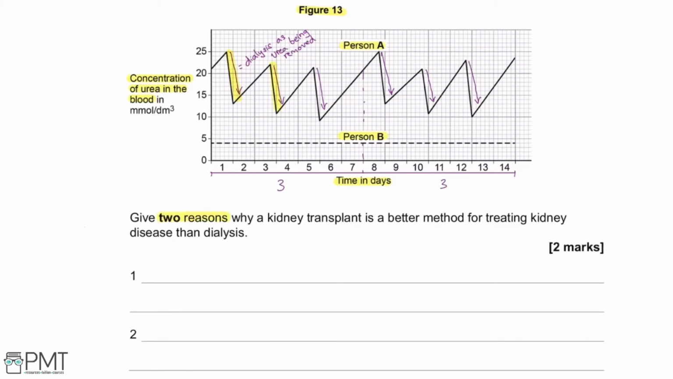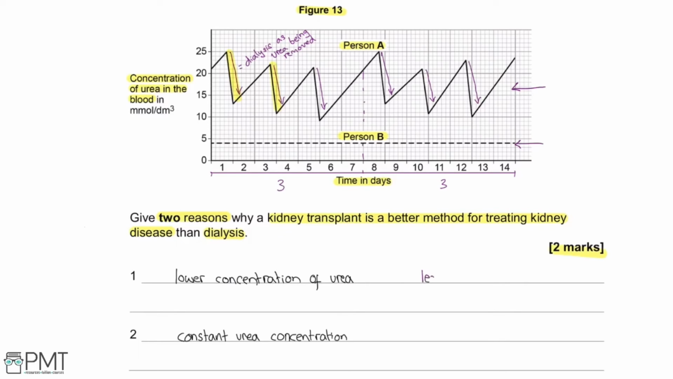Give 2 reasons why kidney transplant is a better method of treating kidney disease than dialysis, and this question is worth 2 marks. So again, we're using figure 13 and we can see it above, and we want to compare the line for person A, which is the solid line, and person A is the one that's having dialysis, with the line for person B, which is the dotted line, so that person's had the kidney transplant. And the first thing we can see is that the line for person B is overall much lower than that for person A, which you have to take an average for because it fluctuates so much. So the first thing that we can say is that there is a lower concentration of urea in the blood for person B. We can also say that person B with the kidney transplant has a more constant urea concentration